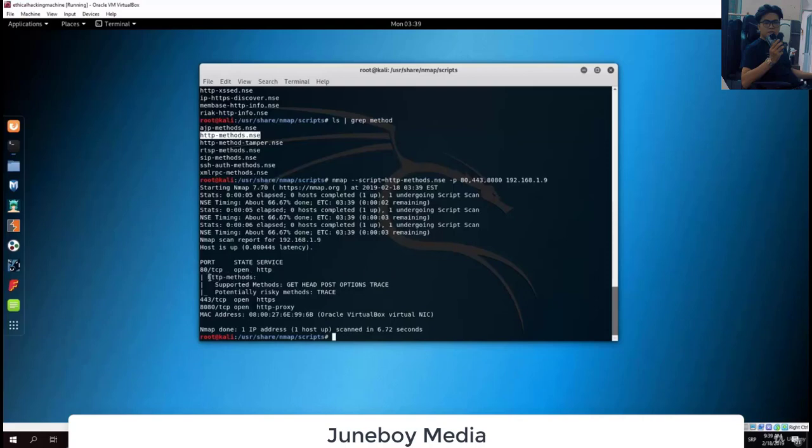We can see right here supported methods: GET, HEAD, POST, OPTIONS, and TRACE. These are some of the HTTP methods, and a potentially risky method is TRACE. So we can see that with this Nmap script we can gather the available methods for any website with the